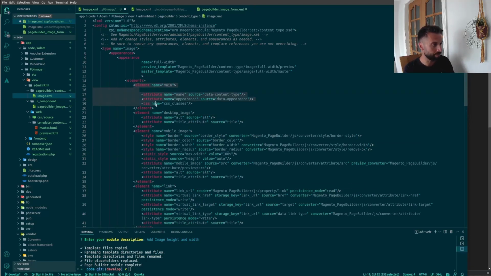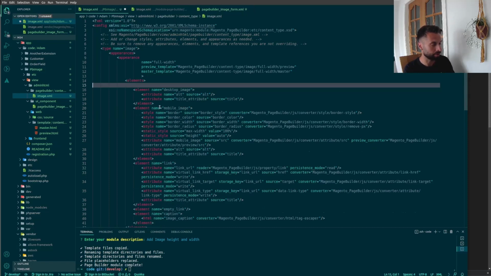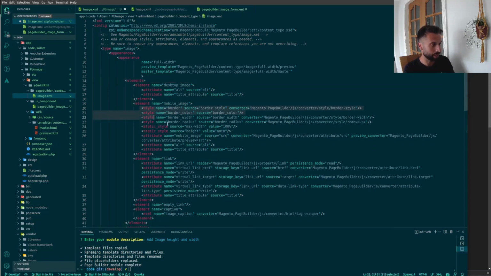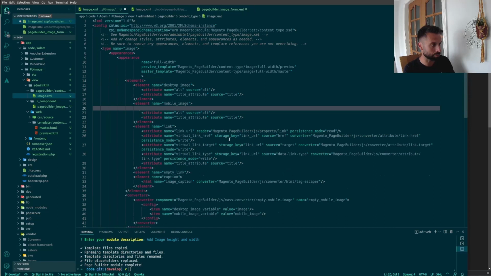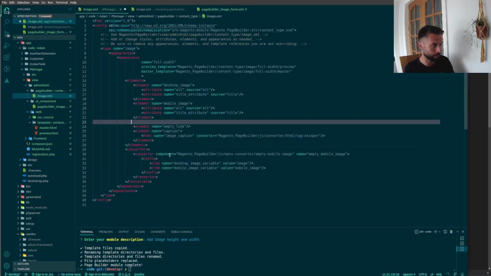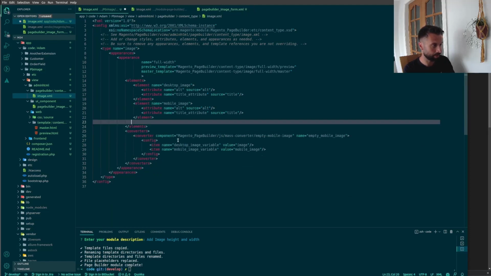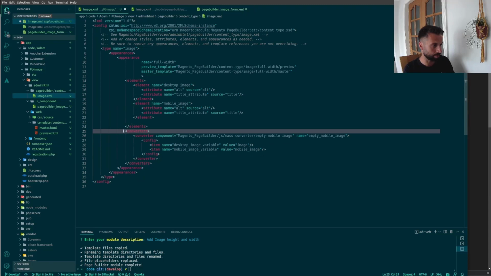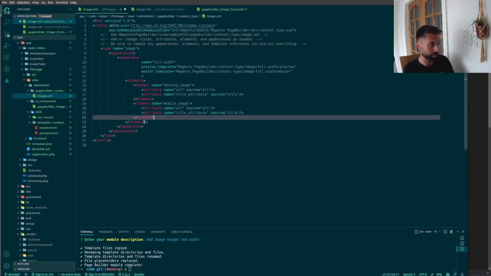I'm going to get rid of main because it means nothing to me right at this point. And I'm going to do the same thing in mobile as well because I want to add the same things to both. Element there as well, get rid of that. Get rid of that for now. So I just want it all to sort of line up. I'm going to get rid of converters because I don't need those for now. So I only want to basically interact or talk about the bits that I'm